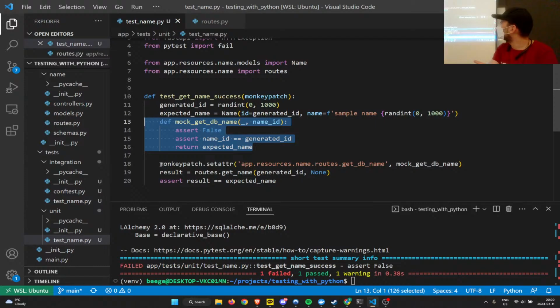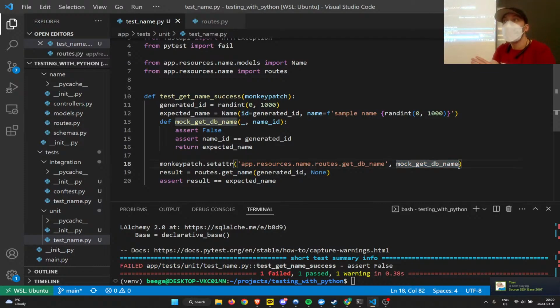And so this right here replaces this getDBName function, which is called by our function under test, with the fake function. And this is how we do unit testing. Any dependencies of the function under test, you mock those out to make sure that the logic of the function under test is good.